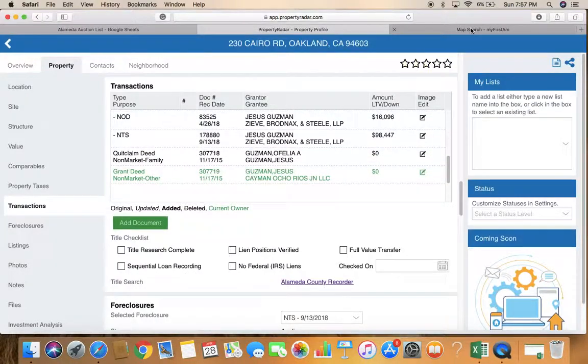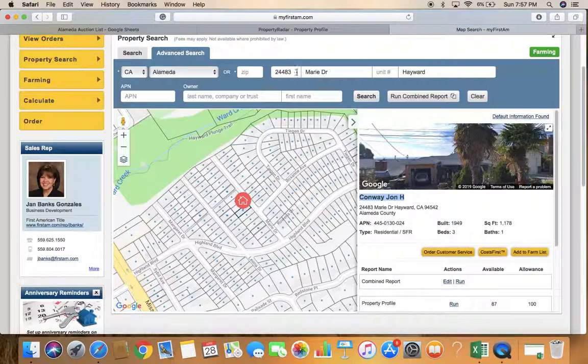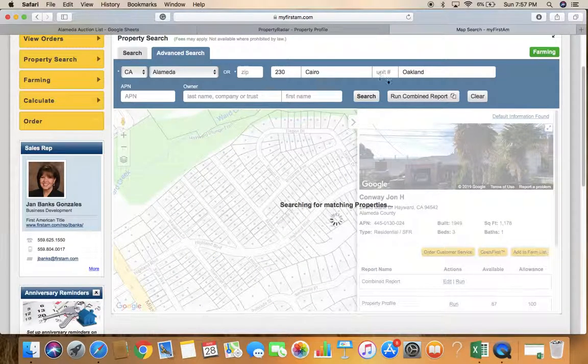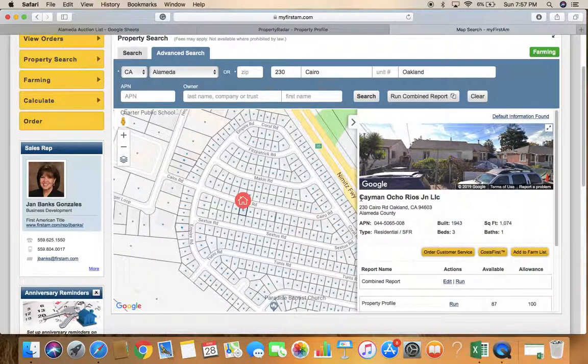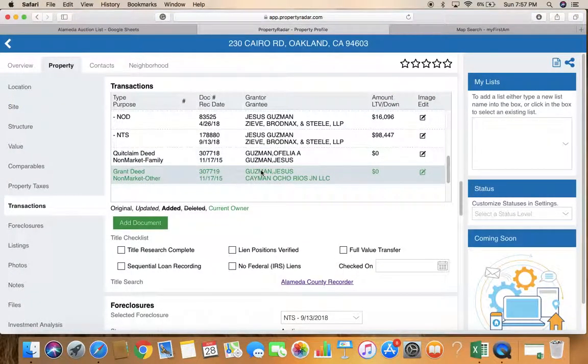So it looks like Cayman Ocho Rios JN LLC is the new owner, but it looks like Jesus Guzman is still on the loan. So we're going to look this up in First American to see who is on title, to see if Jesus is on title or not. It doesn't look like it because it looks like Jesus sold the property. And as you can see, who comes up on title is Cayman Ocho Rios JN LLC. So this person is on title, but they are not on the loan. So Jesus is still on the loan. So that means the borrower on the loan does not match the person on title, which means this is automatically